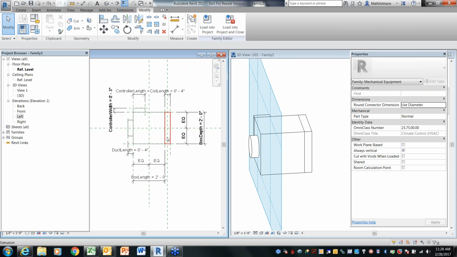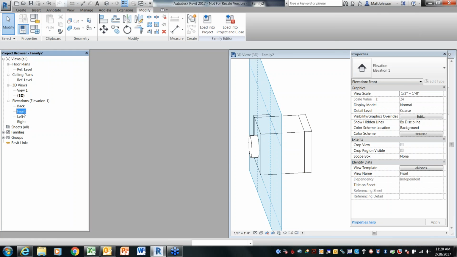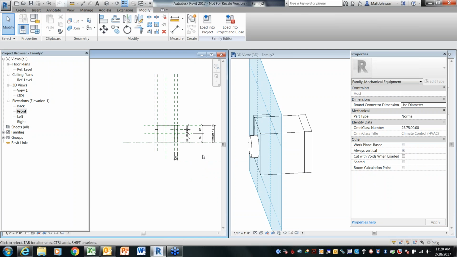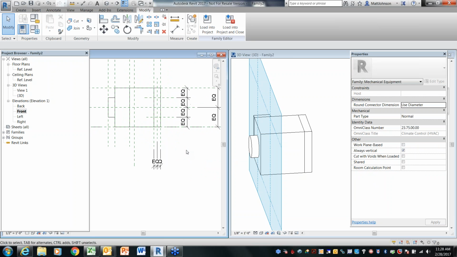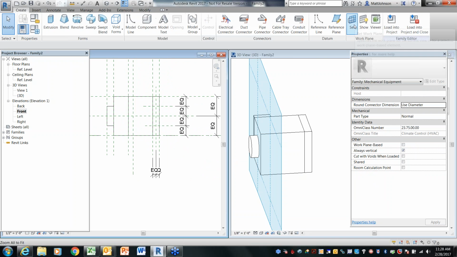So now what we want to do is put the extrusion for the 2 pipes over here coming out. All right, so we're going to shut this down, and we're just going to open the front elevation. WT again. All right, now we're going to want to change our work plane again. So we go over to set the work plane,